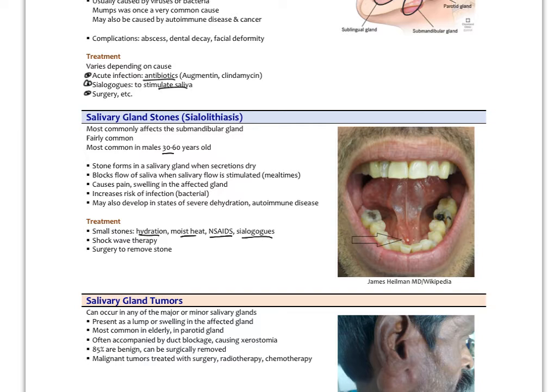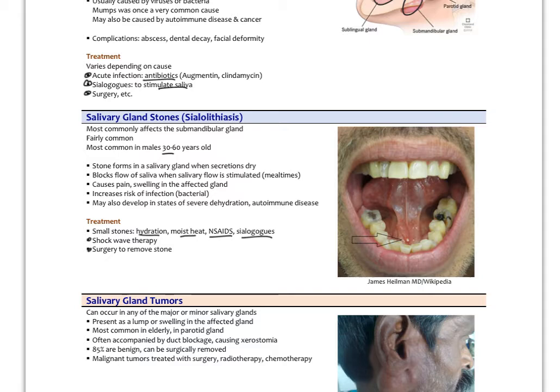Shockwave therapy uses ultrasound to break up the stones a little bit. These stones are formed actually from dried up saliva, and they get little calcifications in there, so calcium deposits. So the sound waves can actually break up the calcium. And then surgery can be used to remove the stone as well. So that's a salivary gland stone,